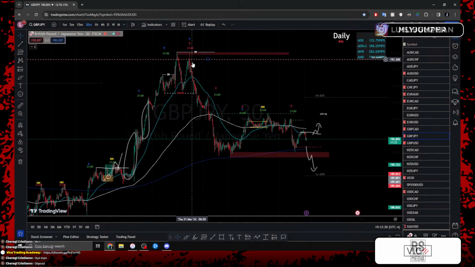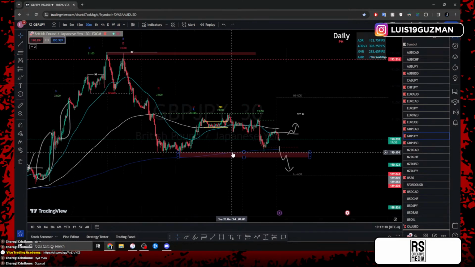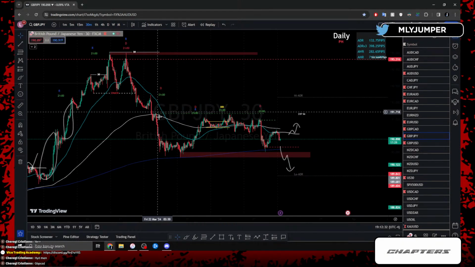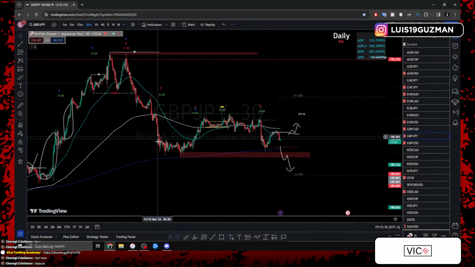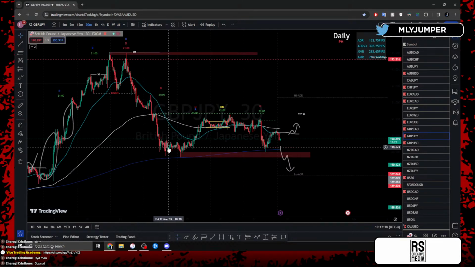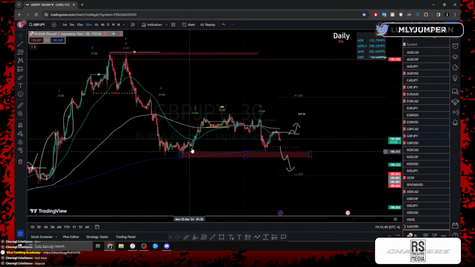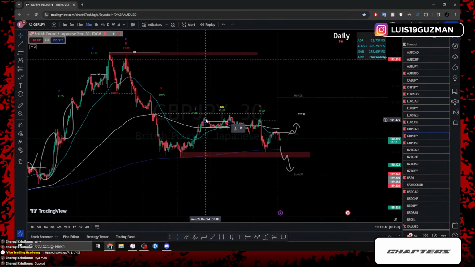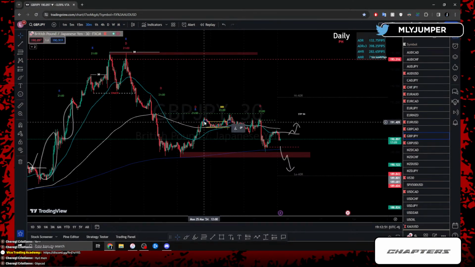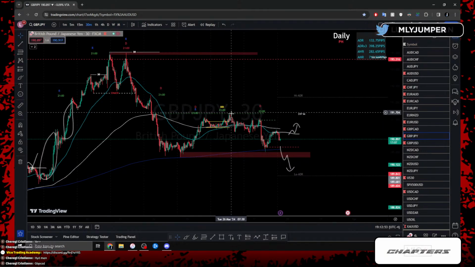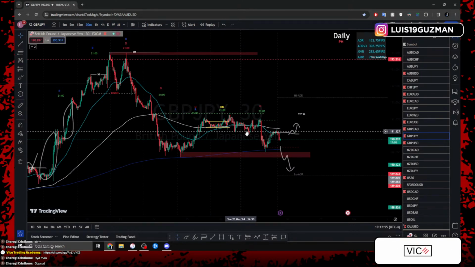Right, price gave us a change of character. Would love to see a break of structure. Right, we got the change of character. The pullback within that change of character was a variation between consolidation and a pullback going back up, giving us that lower high. And then again, when price gave us the pullback into a lower high, what did price also do? Consolidated again, right? Rejected the highs, rejected lows, rejected highs, rejected lows, rejected highs until we broke the lows.